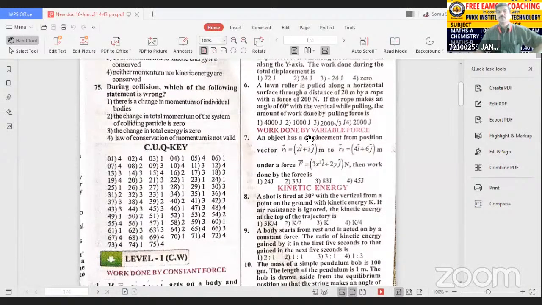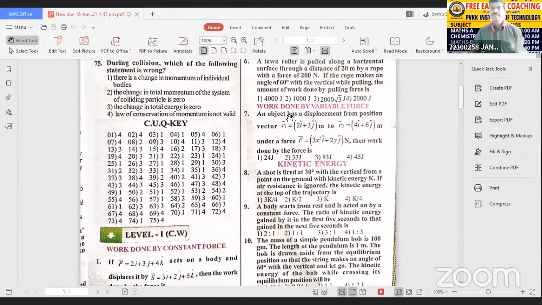Seventh one. Work done by a variable force concept. A problem on the work done by a variable force. An object has a displacement from position vector r1 is equal to 2i plus 3j, r2 is equal to 4i plus 6j meter under force F is equal to 3x square i plus 2yj. Then the work done by the force is